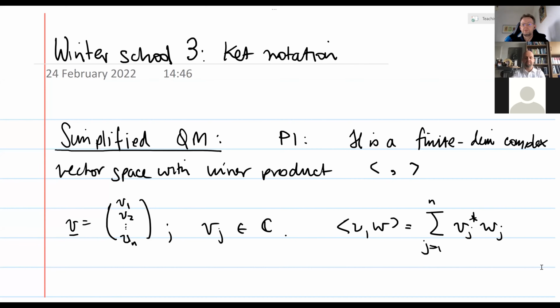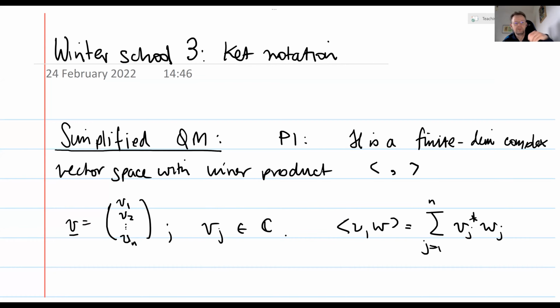What I want to do at this stage is spend a couple of minutes going through some notation, and it's just notation. My goal for today is to talk about notation. The reason I want to talk about notation is because this notation is universal throughout the quantum community. There is mathematically, or almost mathematically, no content to this notation, but